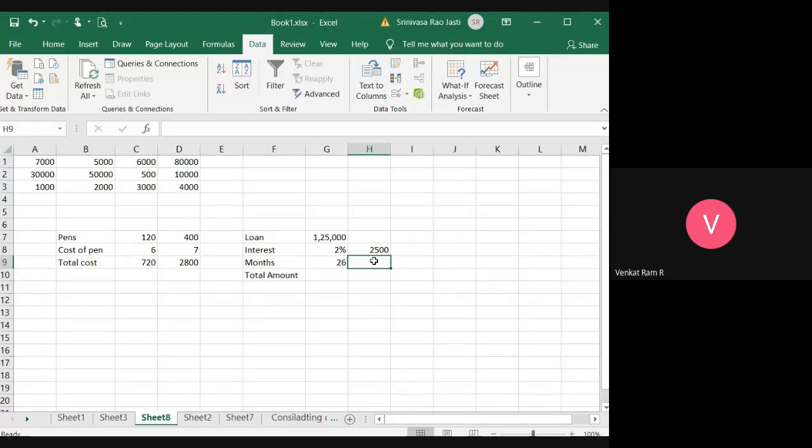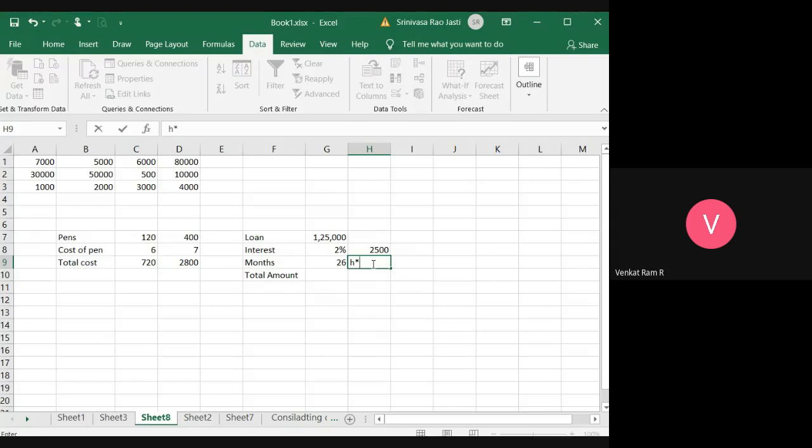And so if I want to know how much I have to pay for 26 months, then what I have to do? Which formula I have to use?